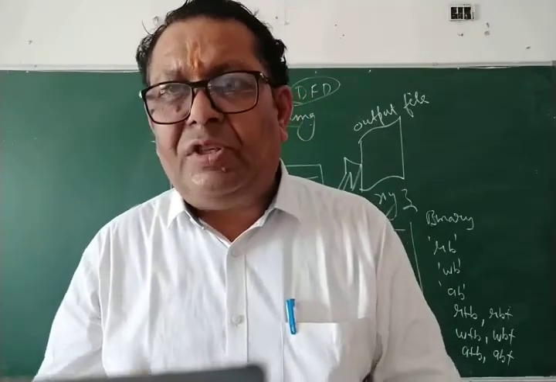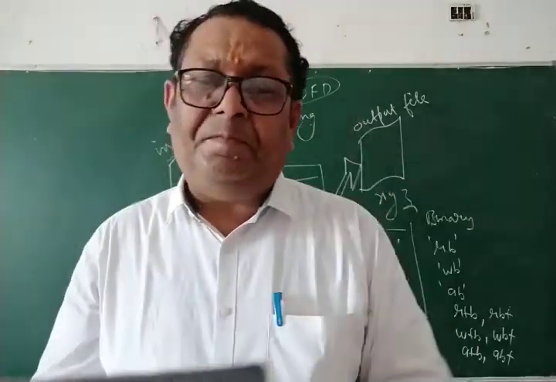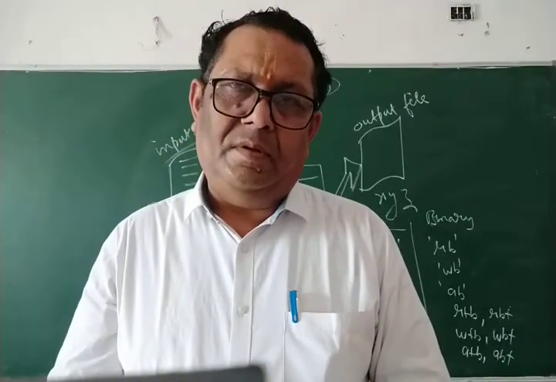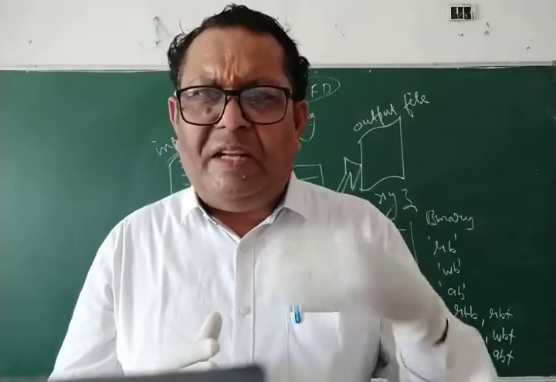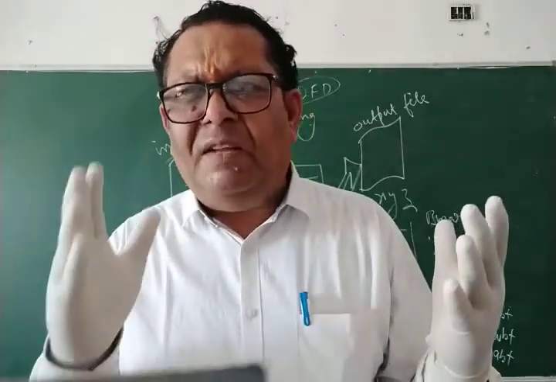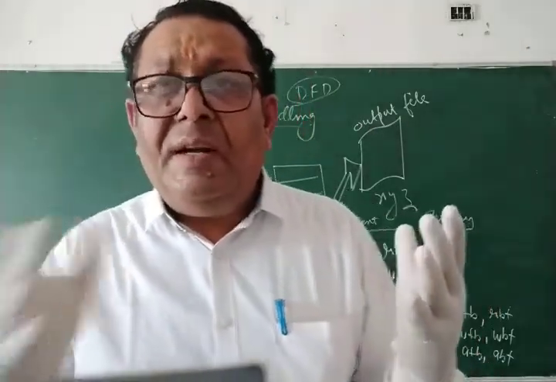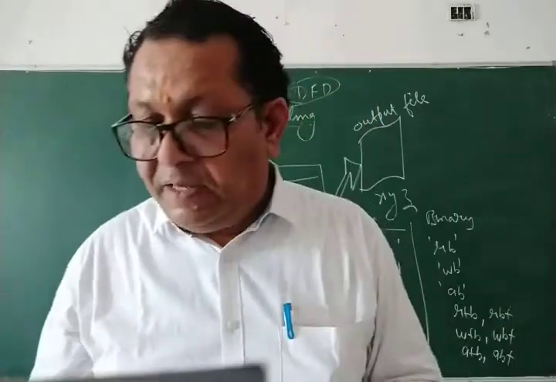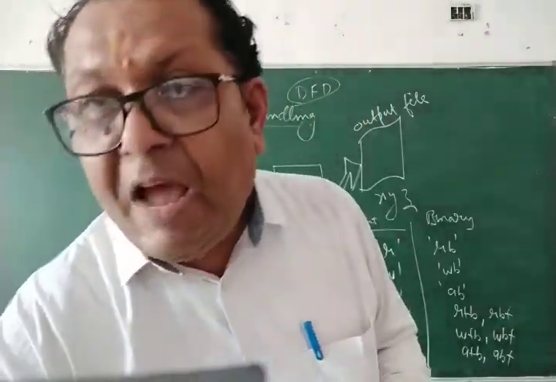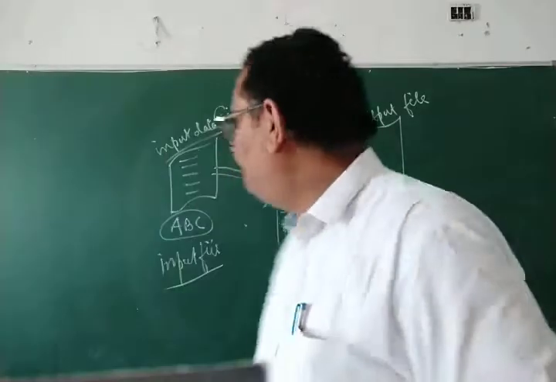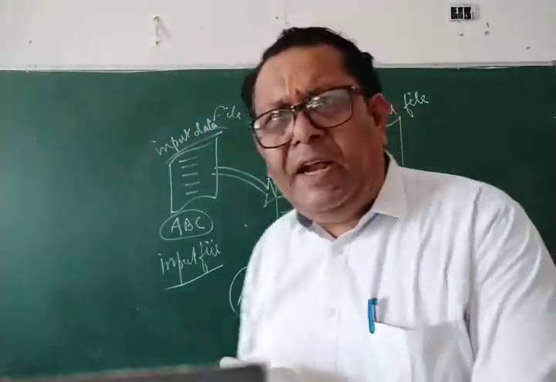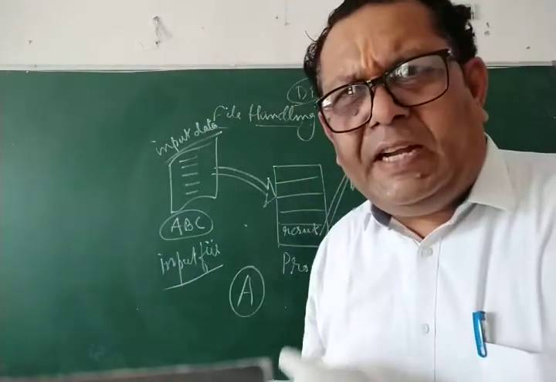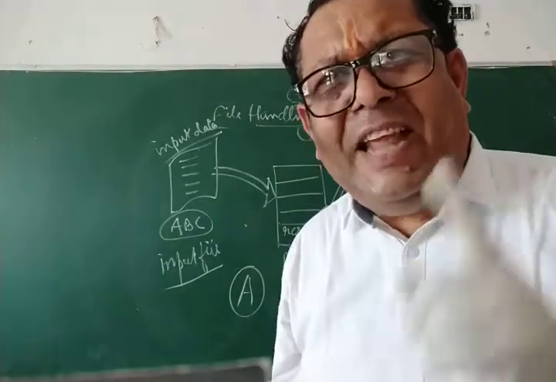The binary file stores a large amount of data as compared to the text file. So these are the differences between the text file and the binary files. The text file stores less amount of data as compared to the binary file, or you can say the binary file stores much more data as compared to the text file. Take for example, I want to store a character A into the text file. Therefore, this character A will take 1 byte, that is 8 bits.